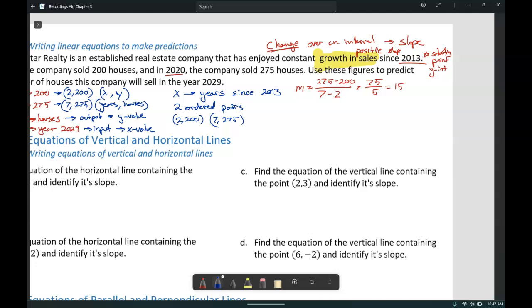Now we can use our point-slope form, y minus y1 equals m times (x minus x1), to find our model. Pick any point. Let's say we want to use the point (2, 200). y minus 200 equals 15 times (x minus 2). And we want to